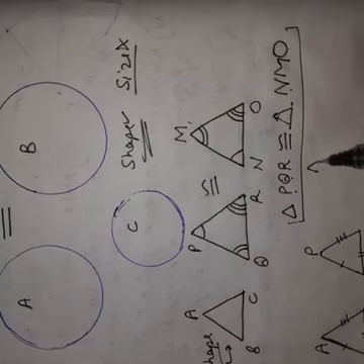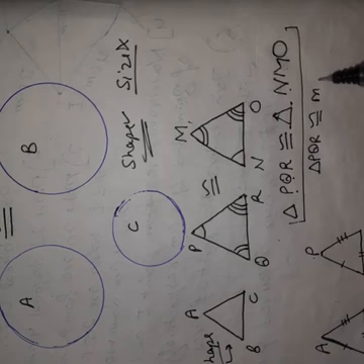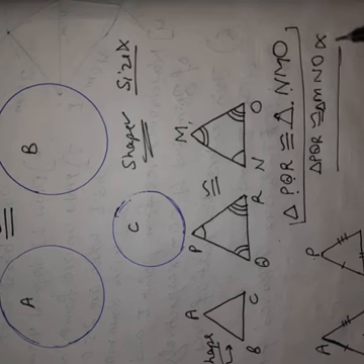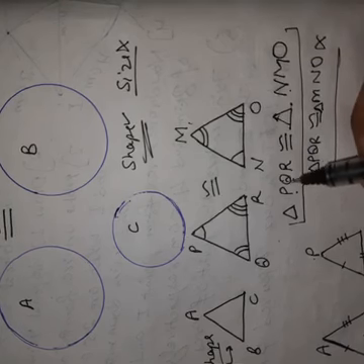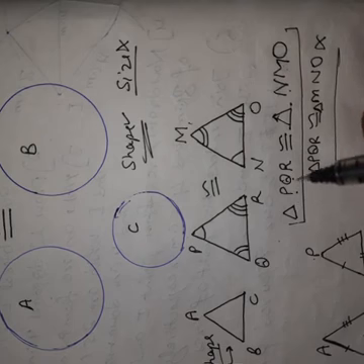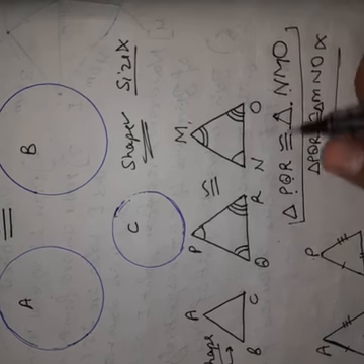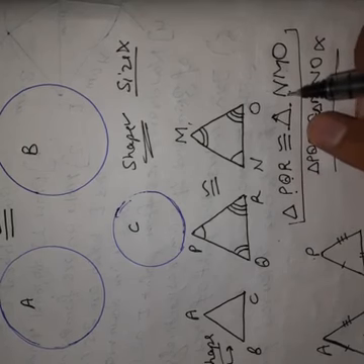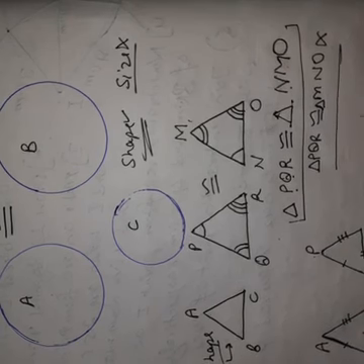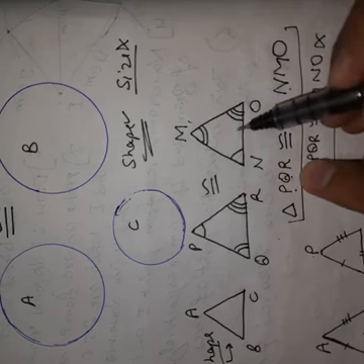We cannot write it like this: triangle PQR is congruent to triangle MNO in any order. No, we cannot write anything with our own will. We will follow the simple rule. If we have written triangle PQR congruent to triangle, then we have to write corresponding parts at corresponding positions. Okay, so you have to keep in mind, it is very important. So this is how we can write two triangles congruent on basis of angles.